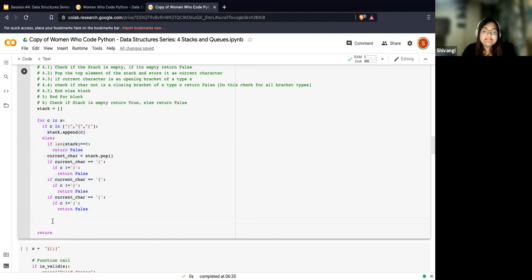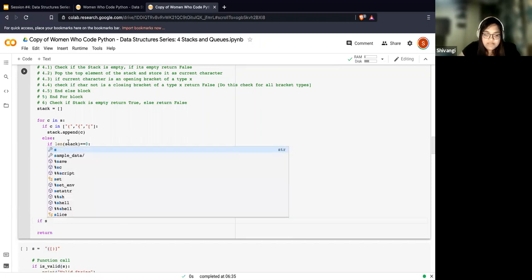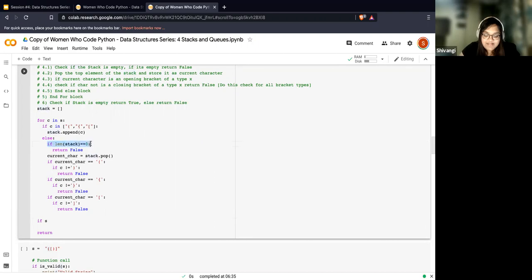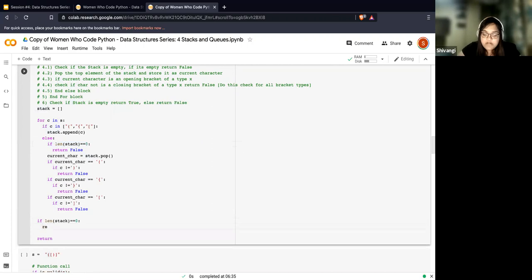So now comes the main magic, which is going to tell you if the string is valid or invalid, right? So here again, you're going to check if the stack is empty. So if, just copy this condition, people. There's no other way to do this. If length of stack is equal to 0, then you want to return a true.